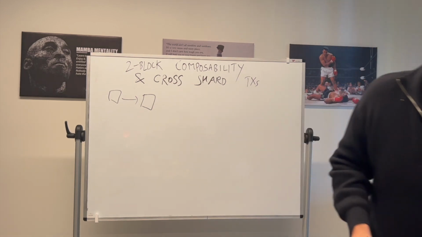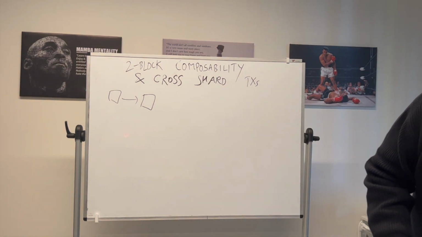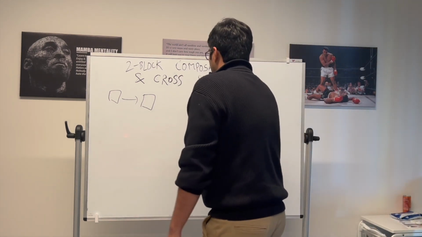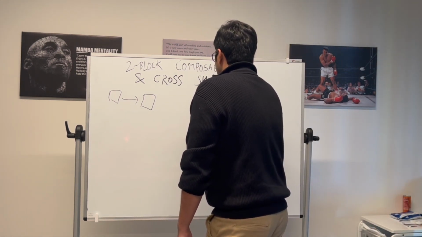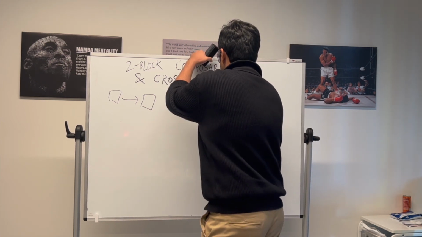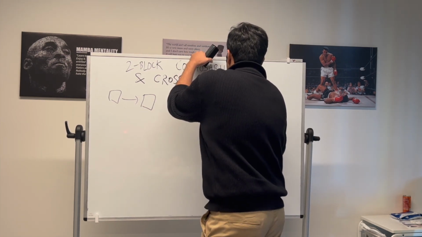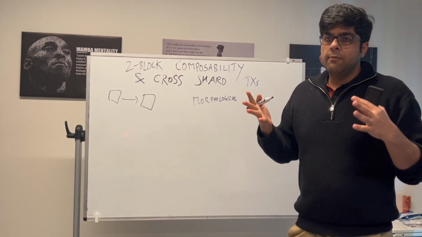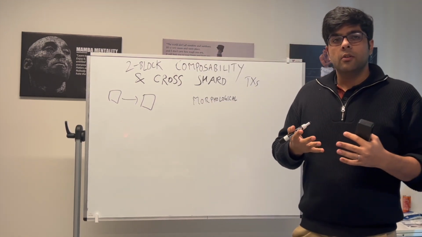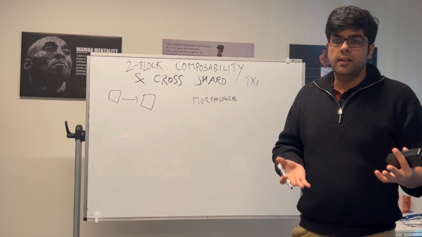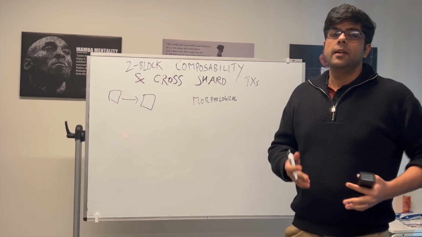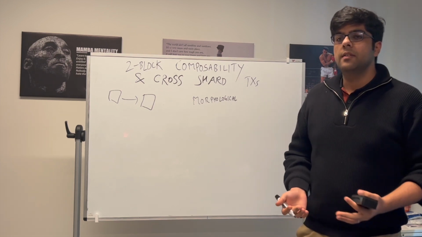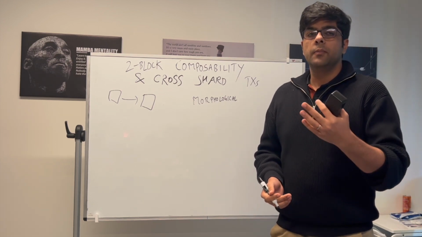Now, there are three types of composability. Very basic definitions. First is the morphological composability, which just means that things are made in such a manner that they follow the same overall standards. So, for example, the ERC20 standard is fairly common. Everybody understands it. You can take any generic ERC20 and it will have similar functions as